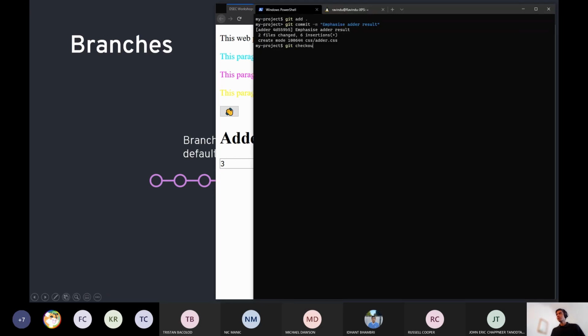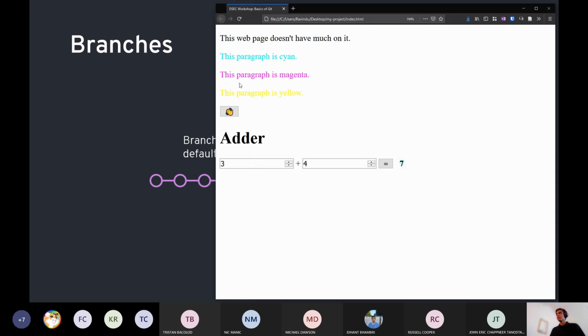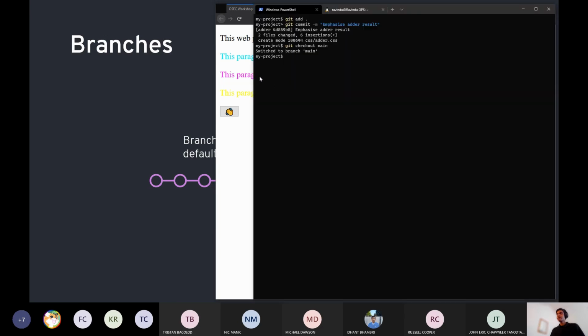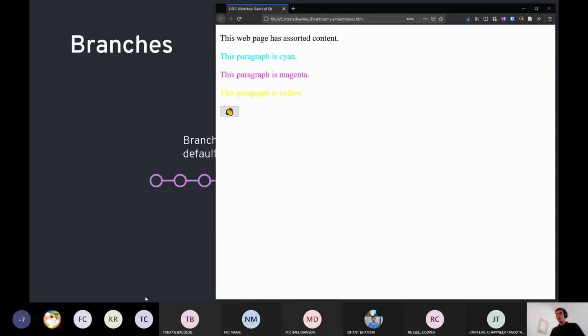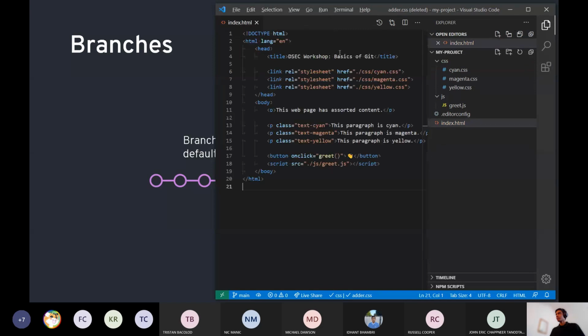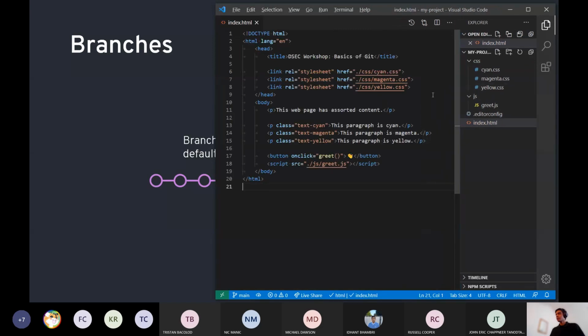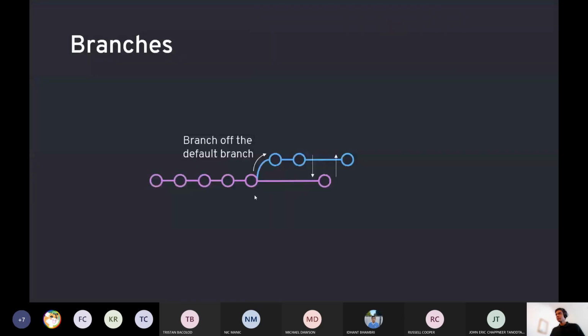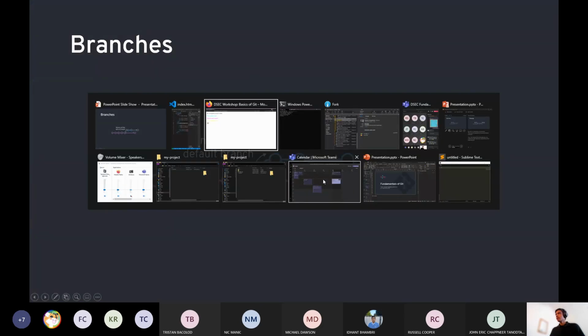If I switch between branches, you'll notice that only changes on those branches are actually shown, because the files themselves are changed. If I open VS Code, for example, this is the main branch, which means we see all the commits we did on main, including the web page disordered content change, which was this commit.